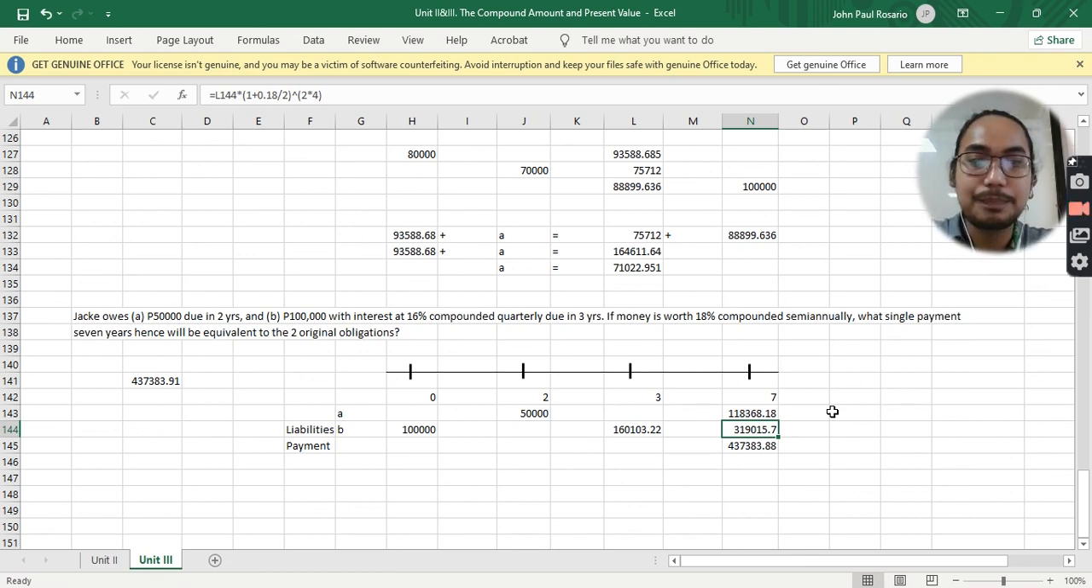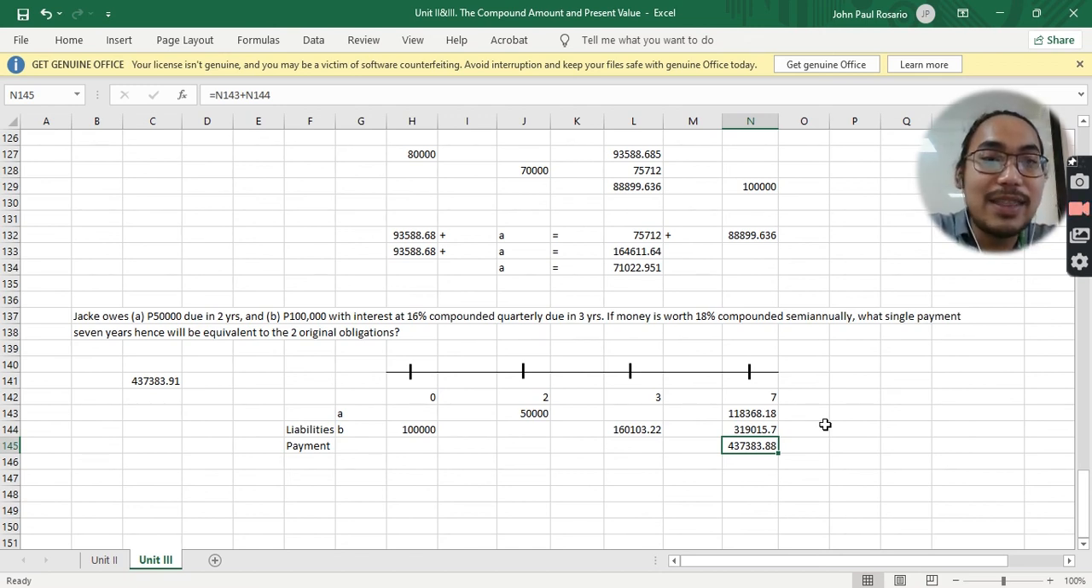While for our liability B, or second liability, we only have to go forward by 4 years. So 7 minus 3, that's 4 years of going forward. And we will not be using the 100,000. We will be using the maturity value of 160,000 we have computed earlier. So that should give us this one. So 160 multiplied by 1 plus 0.18 over 2, or 0.09, raised to the power of 2, since semi-annual multiplied by the number of years we went forward. So that's 4 years. So that should give us an equivalent value of 319,000,